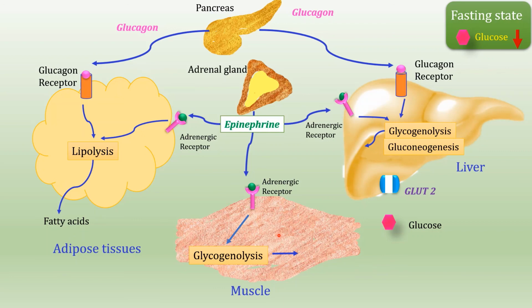Glucose 6-phosphate is formed, but it cannot be further converted into glucose because the key enzyme, glucose 6-phosphatase, is absent in the muscle. That's why glucose 6-phosphate is utilized by the process of glycolysis in muscle. And that's why muscle glycogenolysis doesn't play any role in the maintenance of blood glucose concentration. So this was about the action of glucagon and epinephrine on different organs.